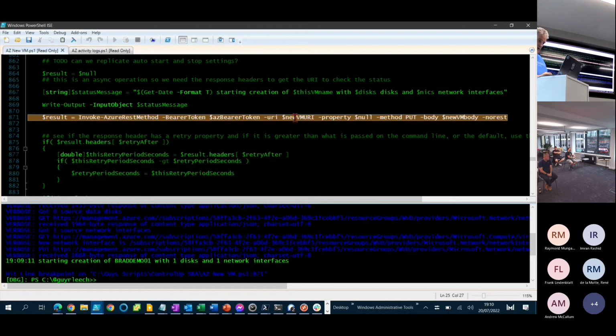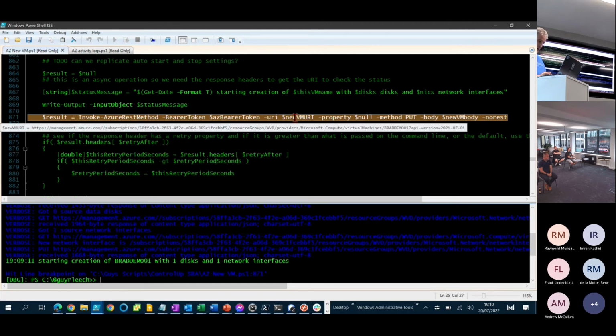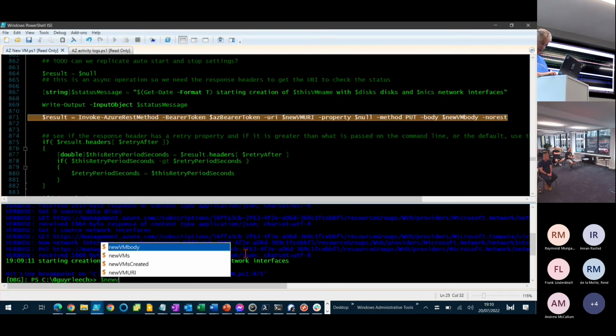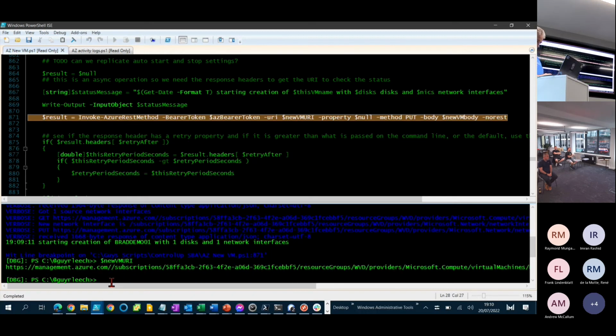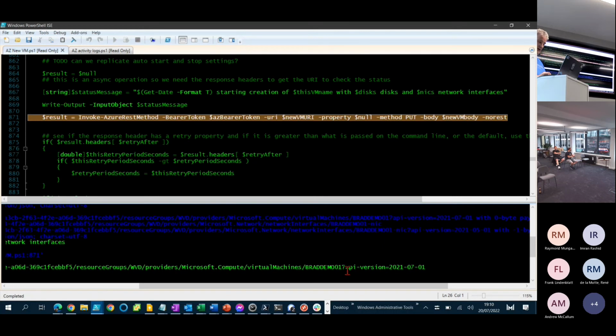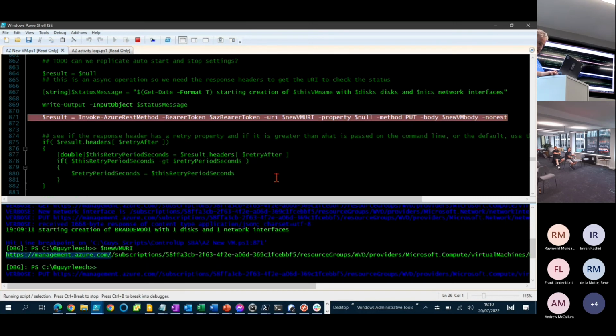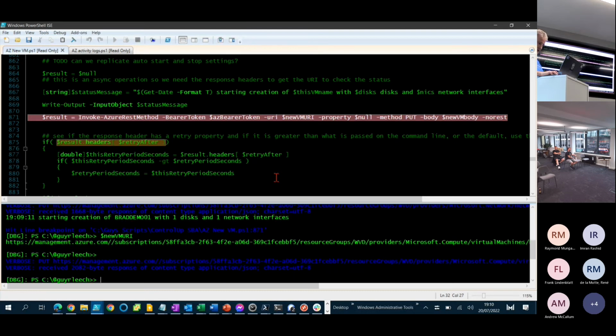So this now is going to call the new VM URI, which I'll just type down here, easy to see. It's got a larger font. I hit return. So again, it goes to my subscription. Things like management.azure.com probably aren't going to change. But when I construct the URI, that's just a variable set at the top. So if I need to change it, I'll change it once. And this is doing a put to actually start creation of that new VM. So if I F10 that, which is to step over that, it goes away, thinks about it,